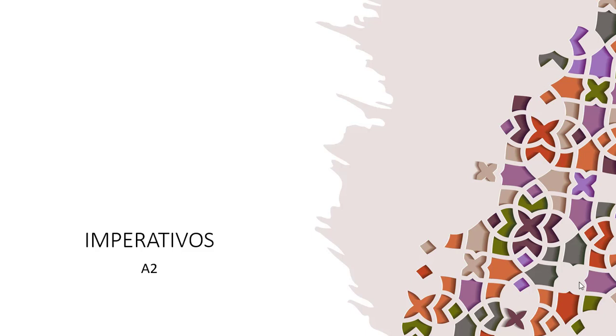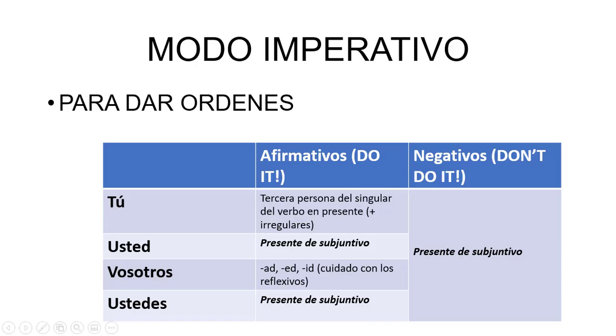Okay, imperativos are commands in the Spanish language, and you saw imperativos A1, positive affirmative commands for tú and usted in the first semester. Today we're going to look at the negative commands and some of the positive commands in usted and ustedes. So today we're going to focus on usted, negative and positive, vosotros, negative, tú, negative, and ustedes, positive and negative. So as you can see, in bold, all these commands do use the present subjunctive, which is